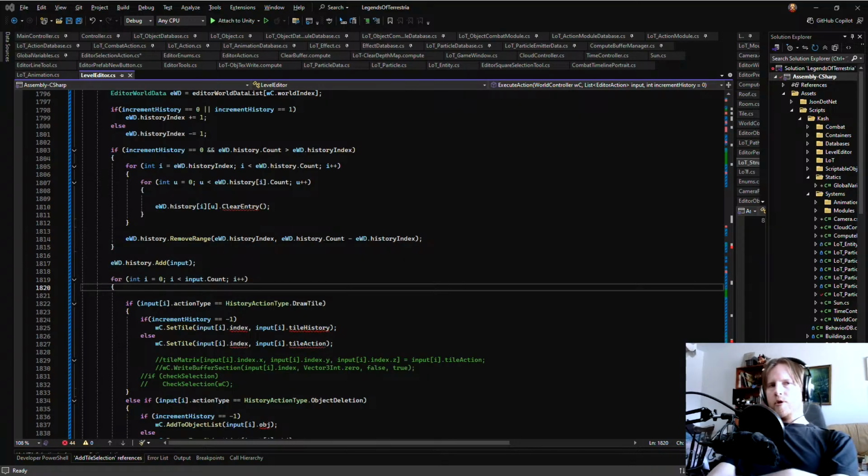I feel like the actions should contain an execute and a revert function. More or less. So it needs to be able to undo itself, as well as execute itself.